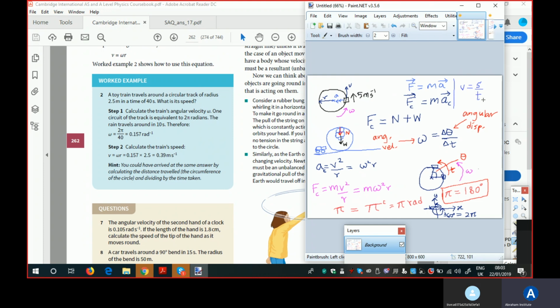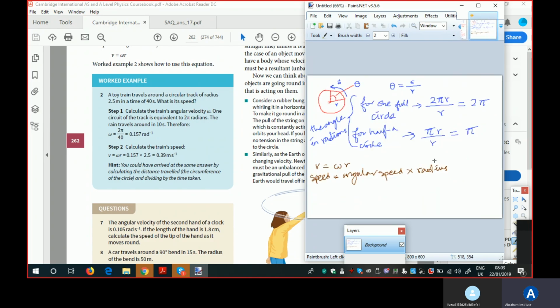And you can see that if you put these two together, say for omega we substitute 2 pi over T, then what do you get? 2 pi r over t. Again, you will also learn that v is equal to 2 pi r over t. I will show you what that means. So what they mean is this. Now the tangential speed v is equal to,